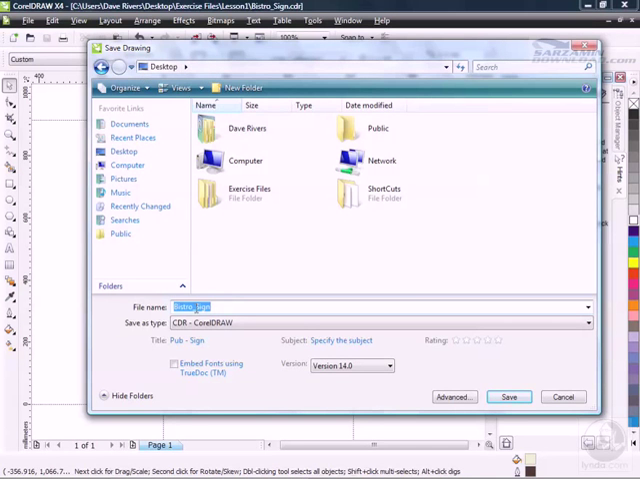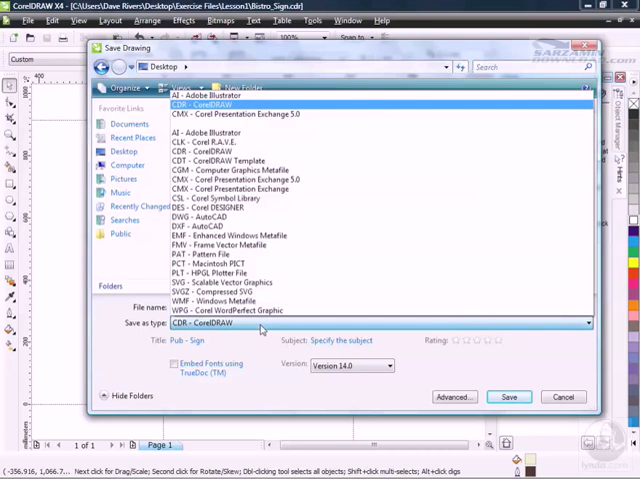If I want to change the name from Bistro Sign, I could just do it by typing something else or adding to this. I'm going to add a 2 at the end by clicking after sign, typing in a 2. And I want to change the format, the type. Notice Save As Type is Corel Draw. By clicking this bar,